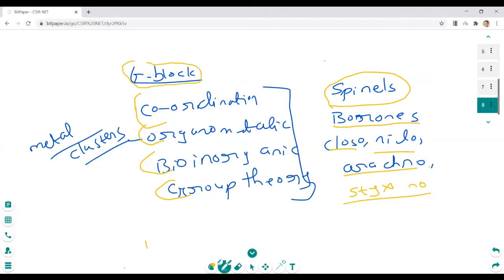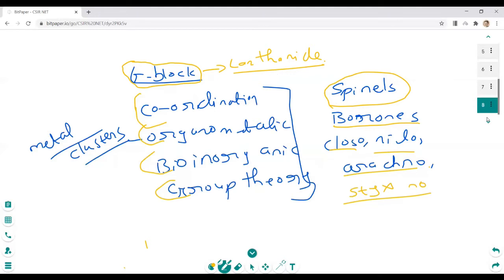Generally in F block, the questions may be like: which of these elements have only the orbital contribution or don't have an orbital contribution, and among these which oxide is more acidic, or which is larger in size. That is generally based on your lanthanide contraction. These are the crux, the major topics: 4 major, small spin-offs, and F block.